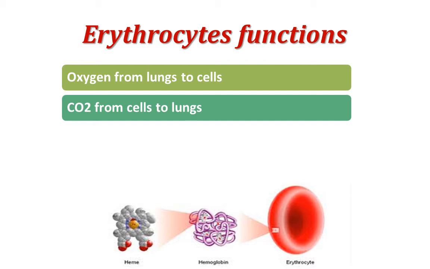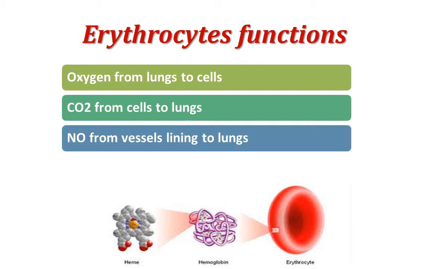A recent and surprising discovery states that hemoglobin also assumes a function in blood pressure regulation. Nitric oxide is a gas produced by endothelial lining cells of blood vessels. The iron in the heme portion of hemoglobin also has a strong affinity for nitric oxide. Hemoglobin that has already circulated through the body and given up its oxygen to tissues passes into the lungs, where it releases both carbon dioxide and nitric oxide.